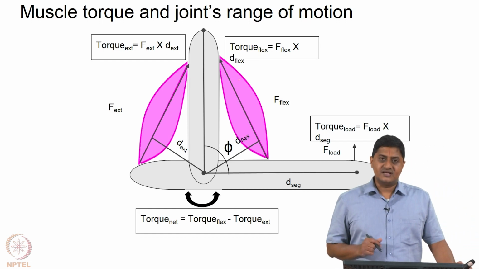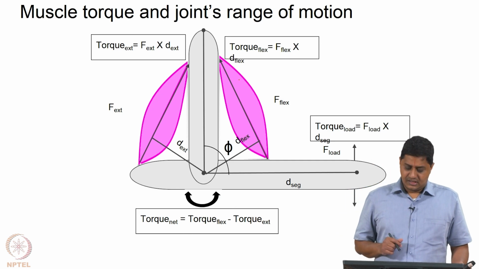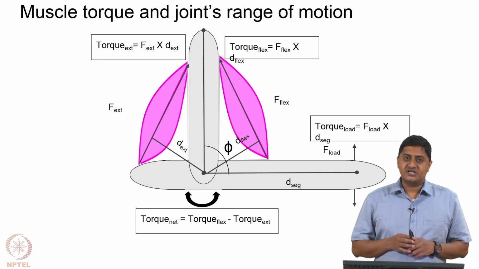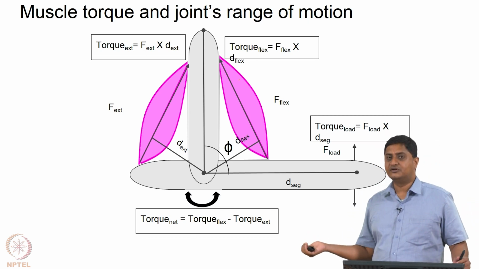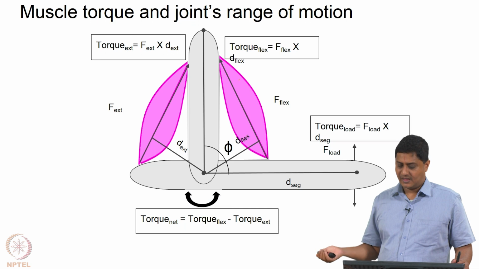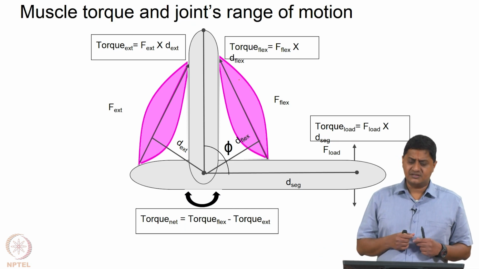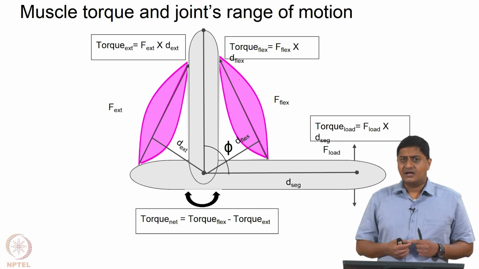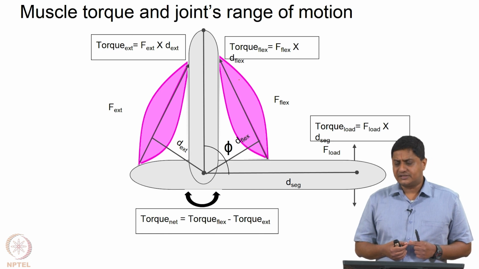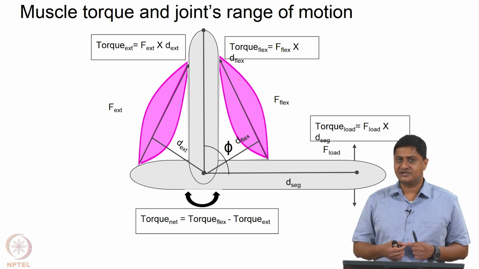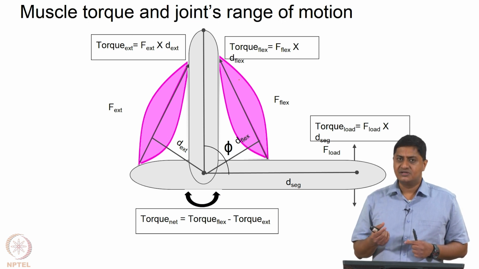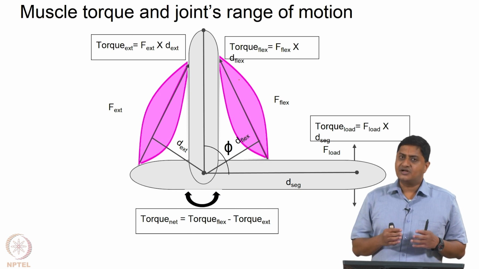Let us consider a case where there is a flexion action being performed, right. So, that may be similar to that action. Okay. For the purpose of this course and class, we will define flexion as a movement that reduces the angle between two neighboring segments. If the angle between them is reduced, we will call that flexion.